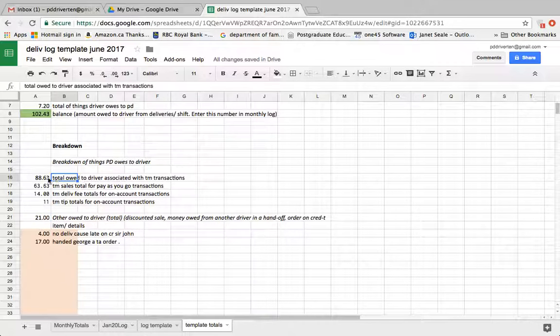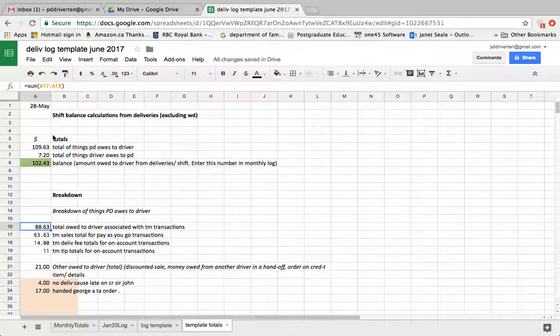And then everything owed to the driver is 88. And you can see 21 plus 88 is 109. So total of things PD owes to driver. I'm just going to